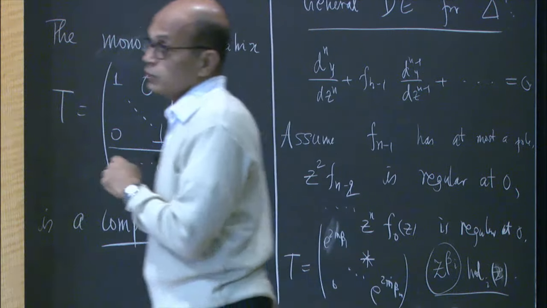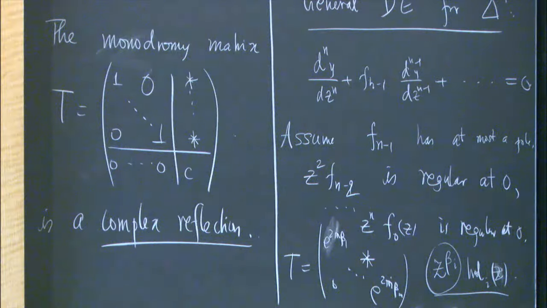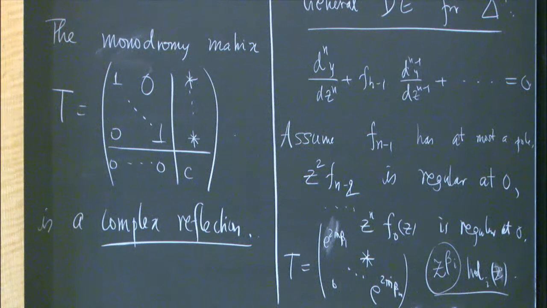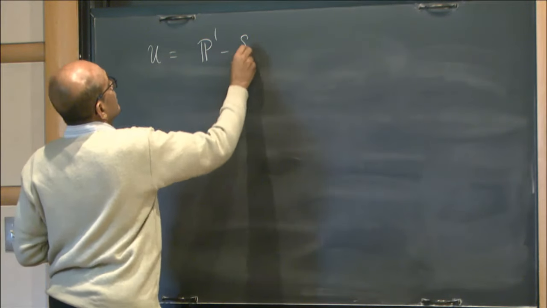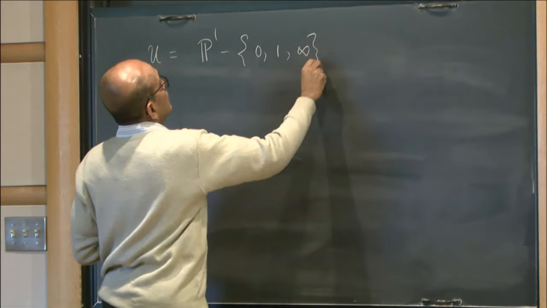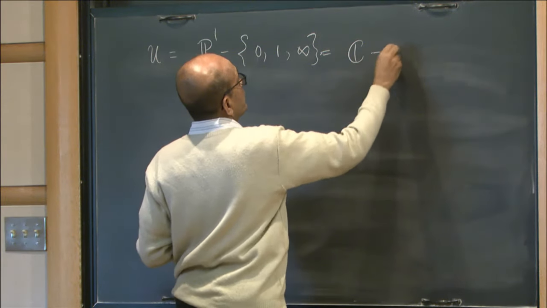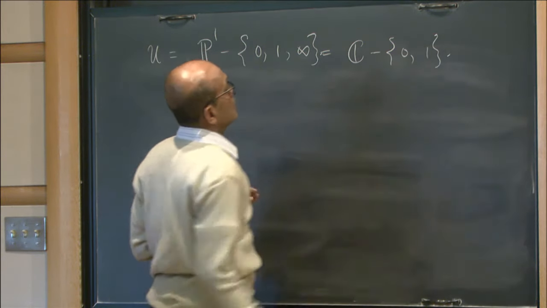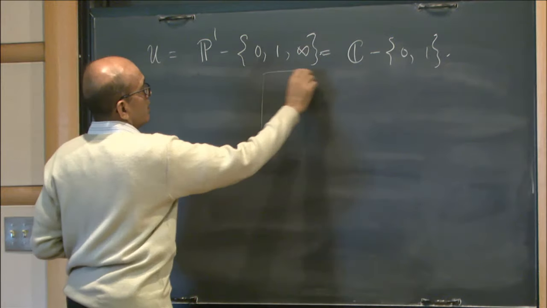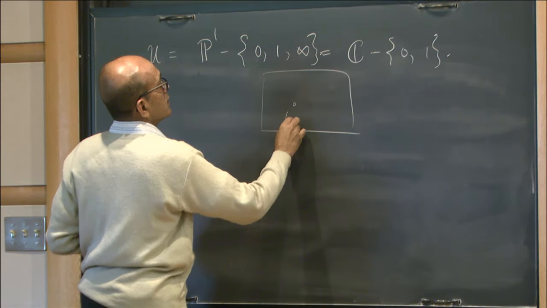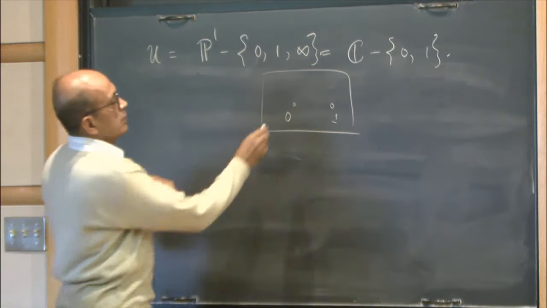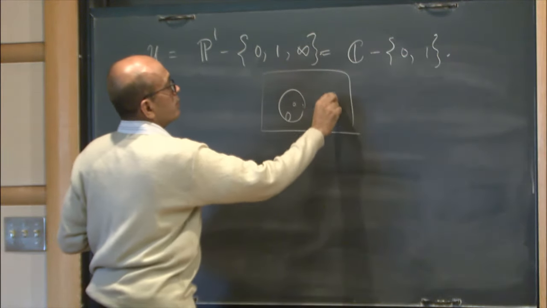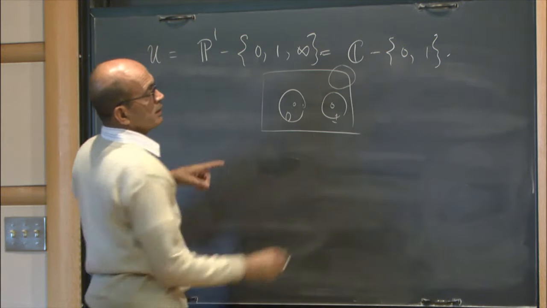So the differential equation which I am going to look at, it has already been mentioned by Peter before, is when the open set is the plane minus 0, 1. So in other words, I have this projective line. I take away 0, I take away 1 and the point at infinity, and the loops around 0, the loop around 1 and the loop around infinity